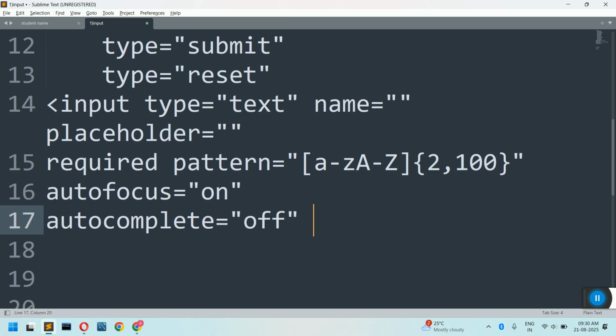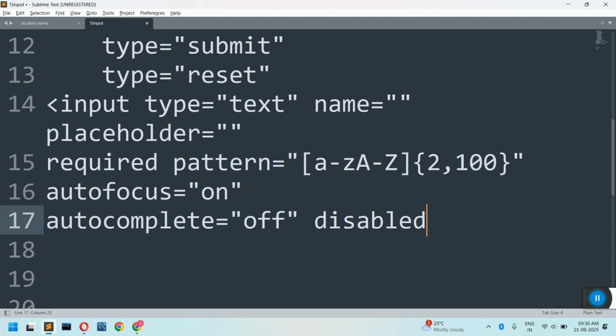Then we have one more field in this called as, one more attribute called as read only. अगर मैं कोई attribute को read only बोल के attribute डाल दिया, you can't type anything in that text box. Okay, read only itself says that you can only read the data from the text box, you can't write anything inside this. Generally, very rare case we make use of this. Then we have one more,